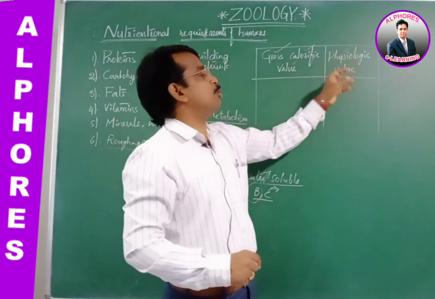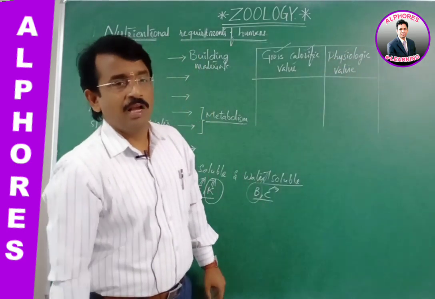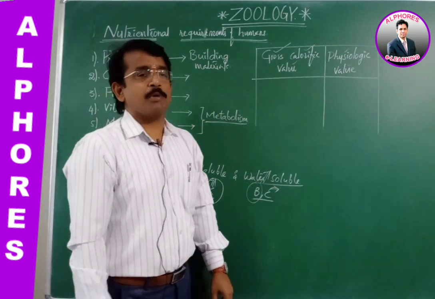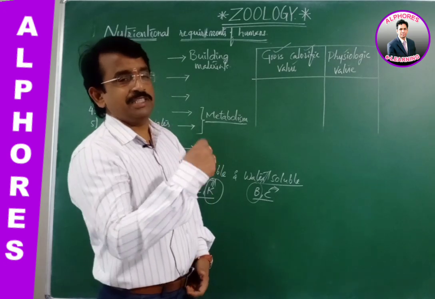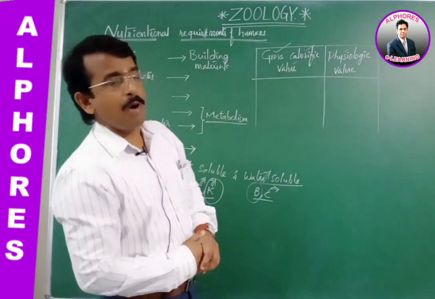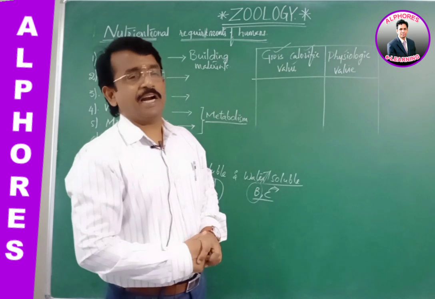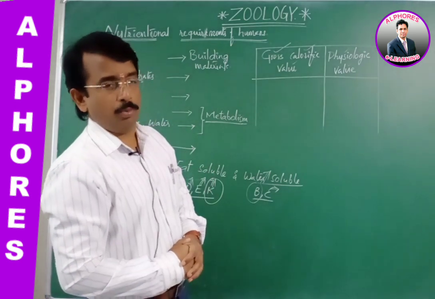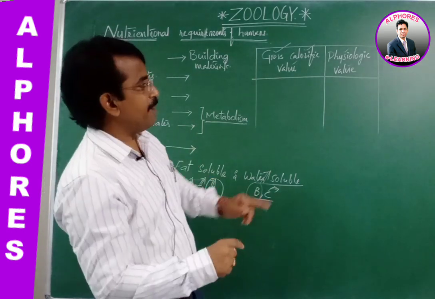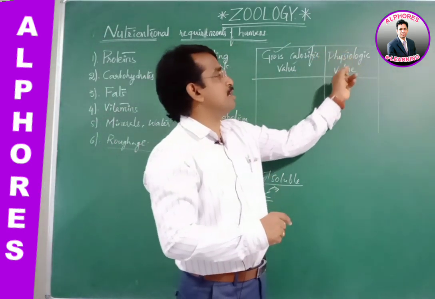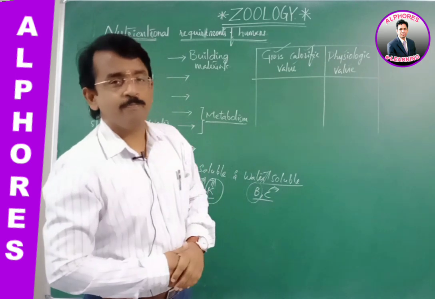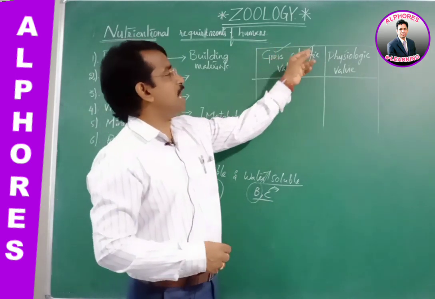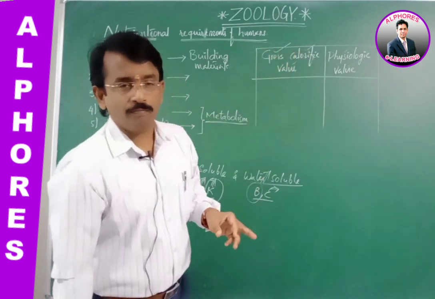The amount of heat produced, in terms of energy, by the combustion of 1 gram of proteins, carbohydrates and fat in our bodies is named the physiologic value. Whereas gross calorific value